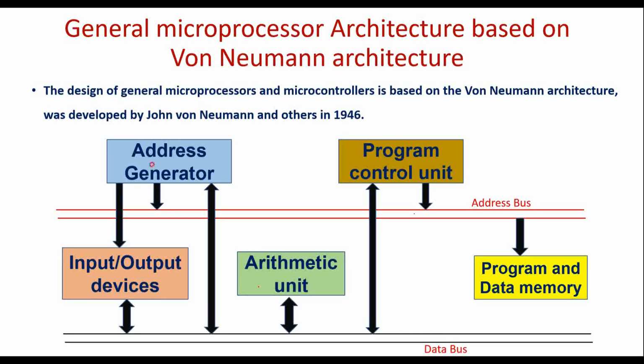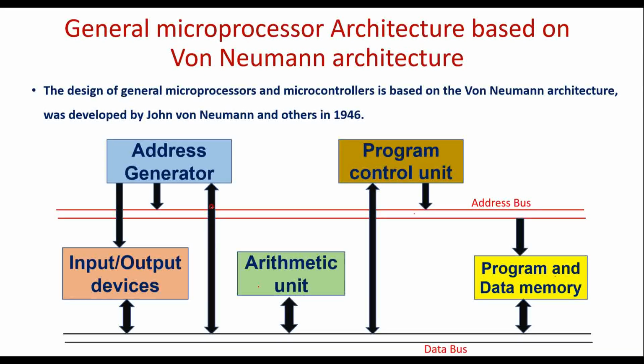The function of the address generator, as the name itself indicates, is to generate the address of the memory location. Here we can see that there is a program and data memory. In von Neumann architecture, there is a common memory for program as well as data. The function of the address generator is to generate the address of the memory location where program or data is